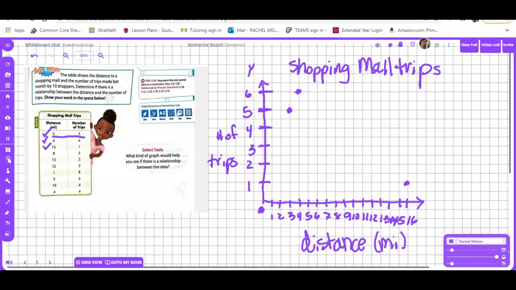Over 8 and up 5. Over 13. Let's see, 11, 12, 13. And I'm up 2. Over 12, up 2. Over 1